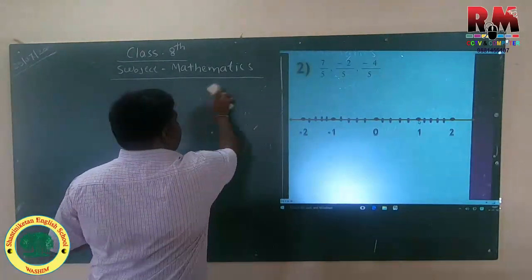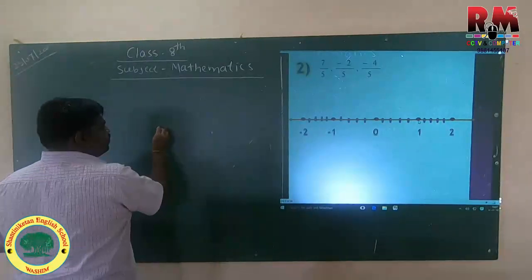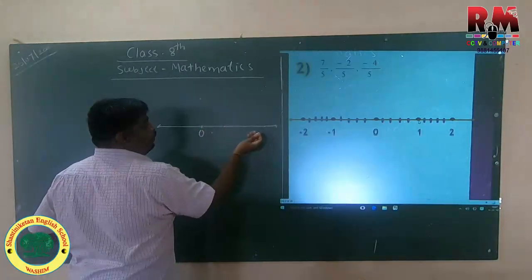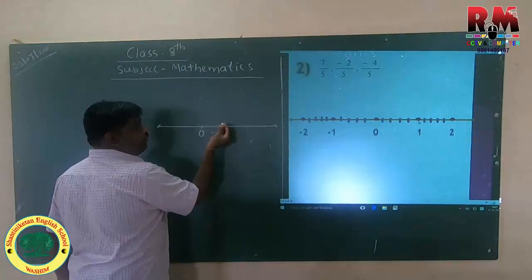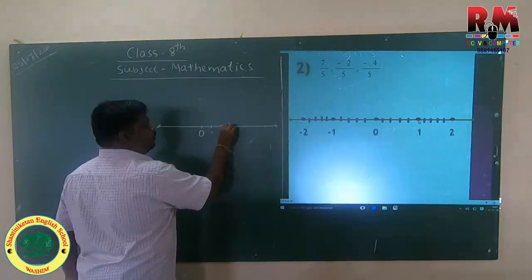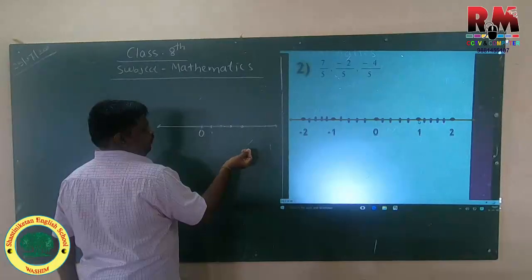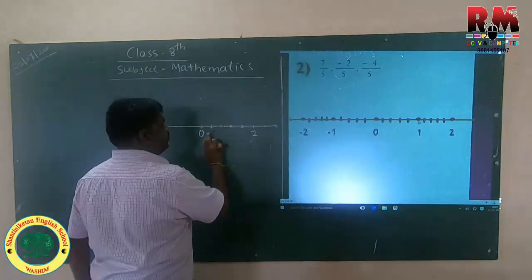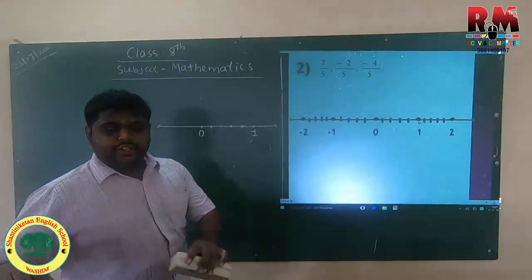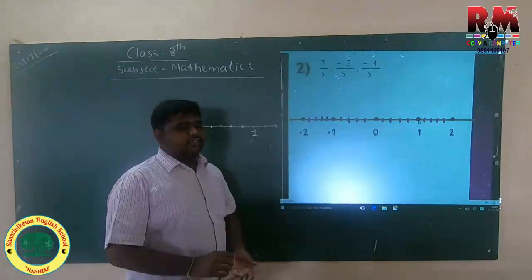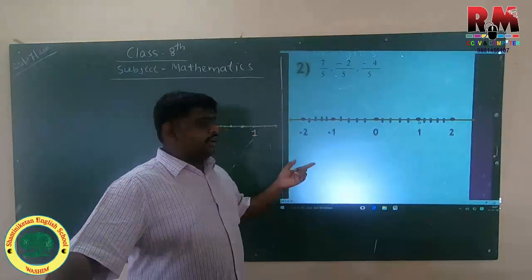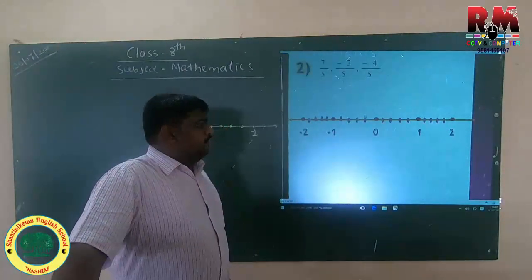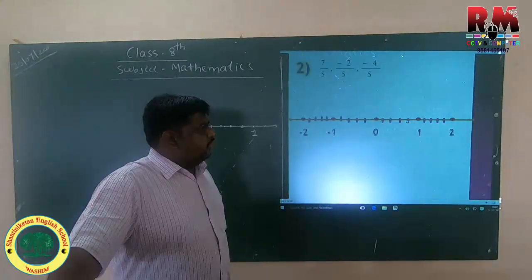Let us see again here. We first draw a number line. Give 0. We know 5 equal parts, so give 4 dots: 1, 2, 3, 4. And this is our 1: 1, 2, 3, 4, 5. So the unit distance 0 to 1 we divide into 5 equal parts. Similarly, 1 to 2 is divided into 5 equal parts, and the distance 0 to minus 1 is also divided into 5 equal parts: first, second, third, fourth and fifth.